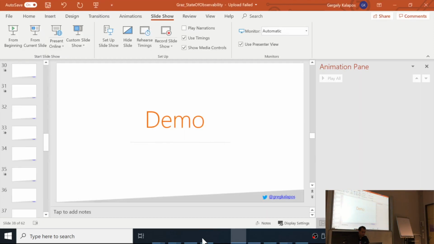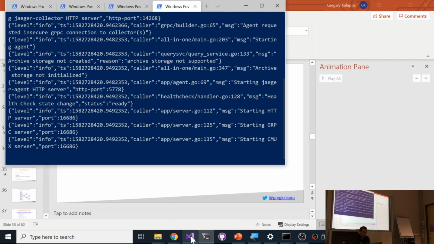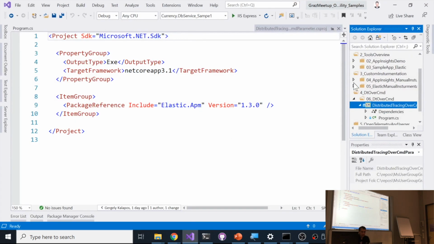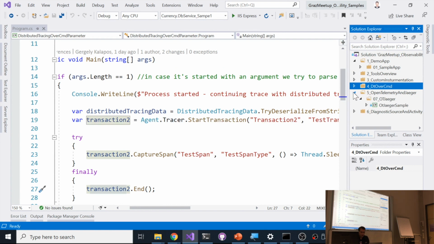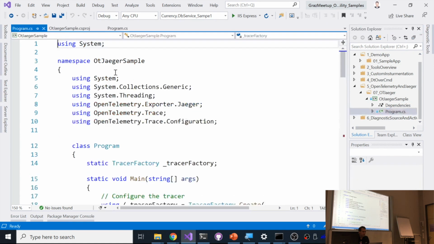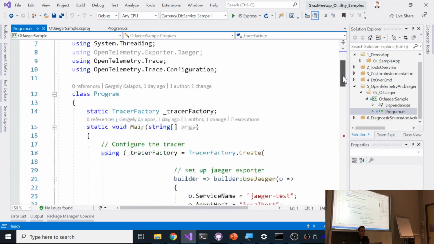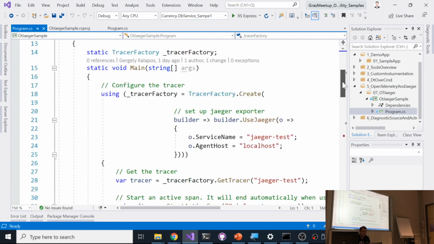OpenTelemetry stuff works. So there is a specification for this, which is language independent. So it has nothing to do with .NET or whatever. It basically tells you what is a span, how do they work, and it also defines how to propagate the traces. For example, it also uses the W3C standard that I introduced you before. And the key point here is that